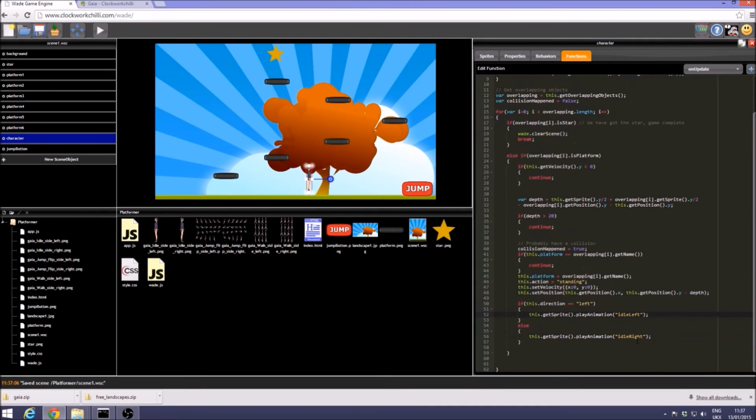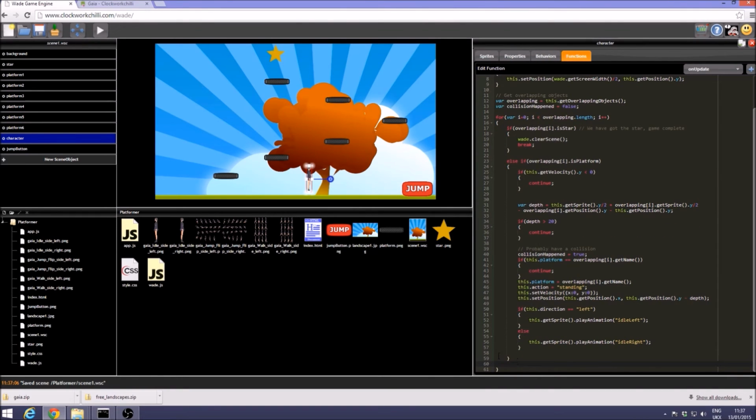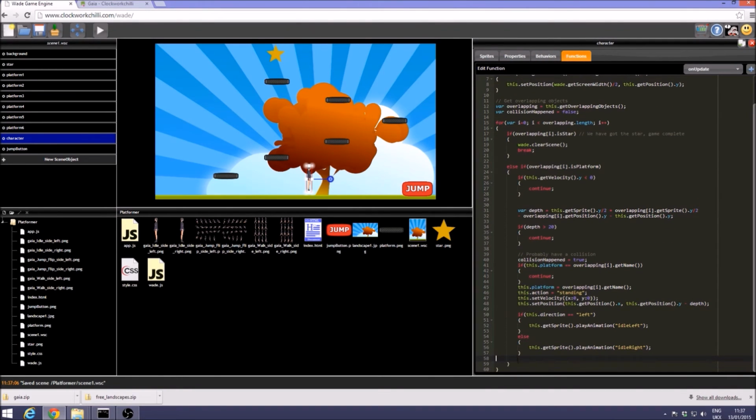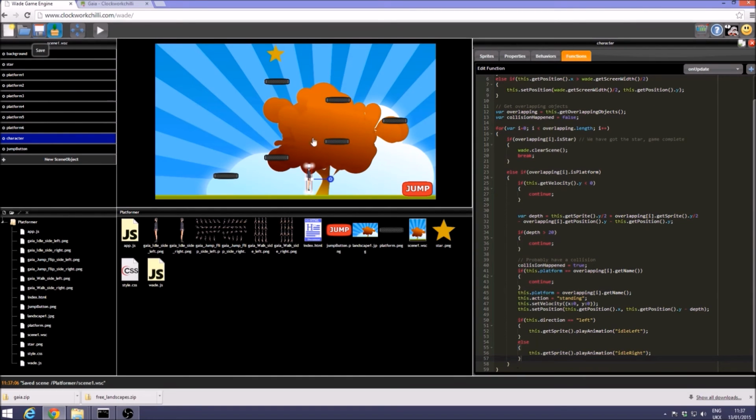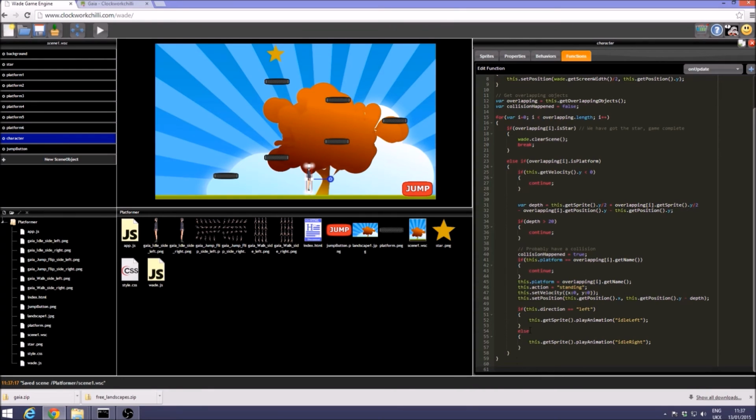Okay, so this should be all of our onUpdate function. There might be some bits missing, but we can always come back to it and have a look if we have any problems. Now, we need to handle the case where there are no collisions, and there are two things we need to worry about here. So if there are no platforms colliding, so if overlapping, this is our array of objects, remember, that we are colliding with. If the length of that is 0, which means we're colliding with no objects,